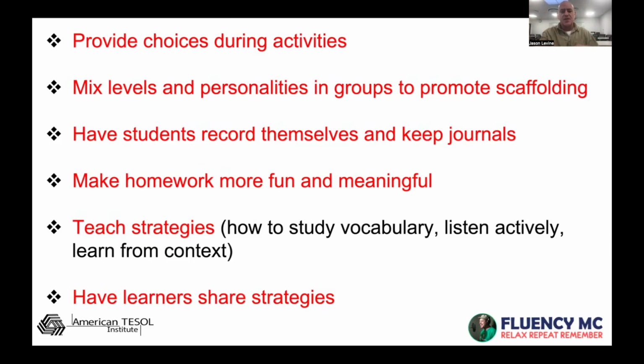Often that higher level student is learning more autonomously. Like the student I mentioned from Poland, when she's in the classroom with other students, I would hope the teacher is strategically putting her with students that she'll inspire and indirectly or maybe even directly teach strategies to. And I see at the bottom here, have learners share strategies, but it's also personalities too. So if a student is quiet compared to more outgoing, would it be better for them to be together or not? These are things to really think about